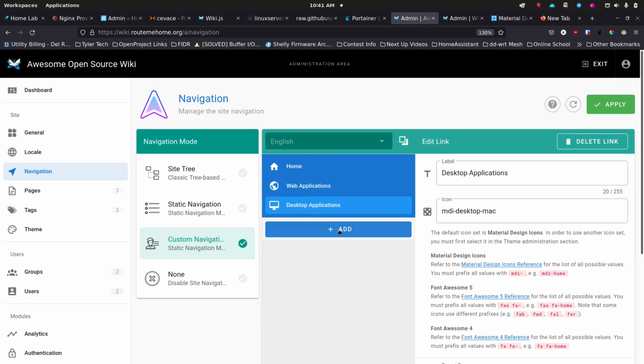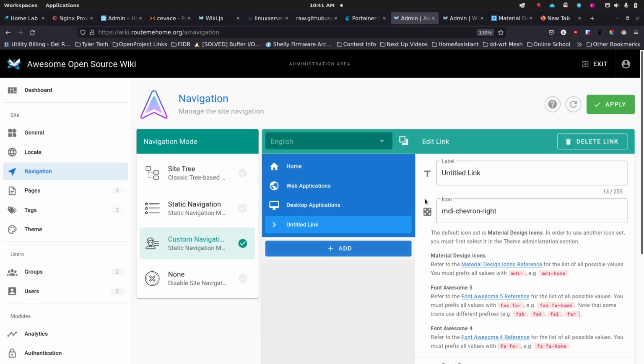So the way you do this is when you click on add, you get a few things here. You get this header, you get this line, this divider, and then you get this link. As you're making different sections, you can make that left sidebar look a little bit nicer. So this represents that left sidebar where you're trying to set things up. If you want to actually add a new thing here, you're just going to click on link. And then you're just going to type in whatever you want. So in mine, I said I'm going to do web applications, desktop applications, and mobile